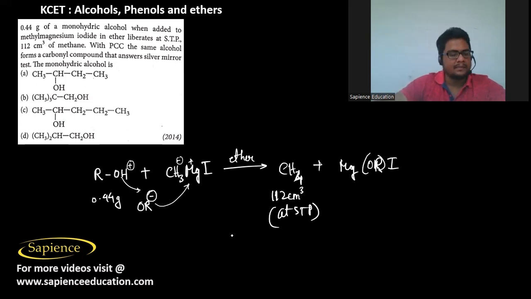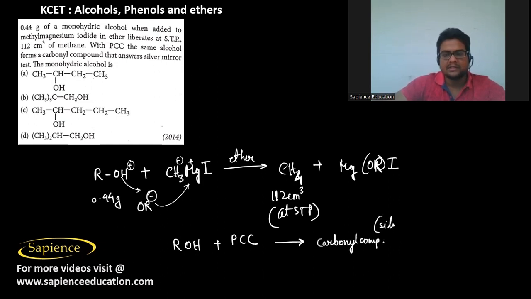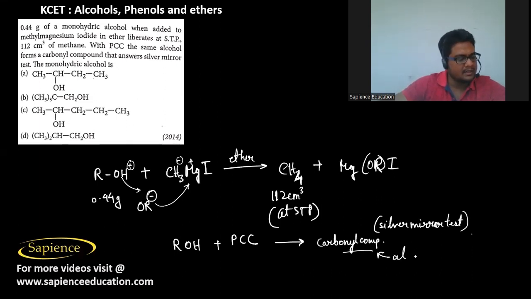So with PCC, the same alcohol reacts to give a carbonyl compound which gives the silver mirror test, which means that this carbonyl compound should be an aldehyde only, so it should form RCHO,